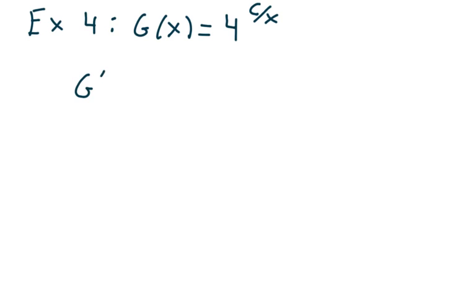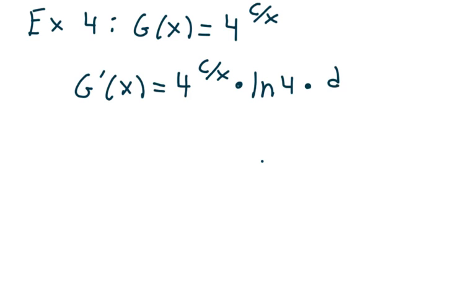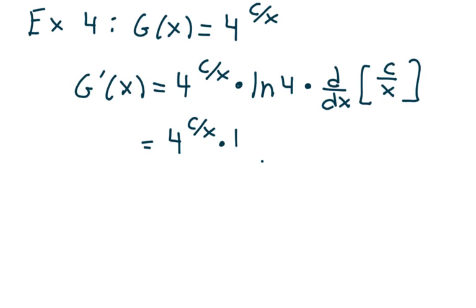So g prime of x is 4 to the c over x times natural log of 4 times the derivative of c over x. Chain rule. And so this is 4 to the c over x times natural log of 4 times,